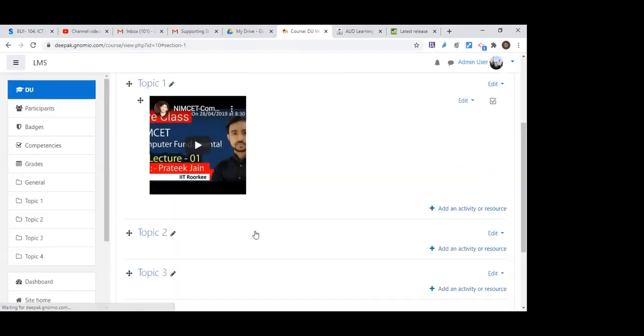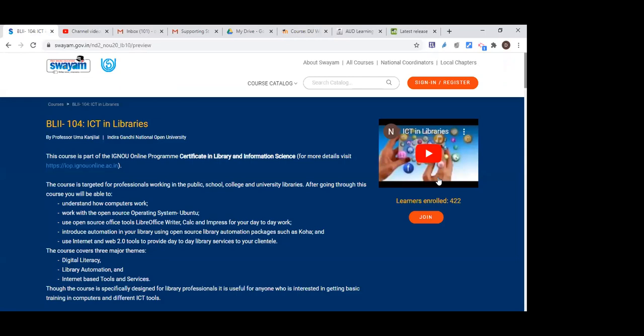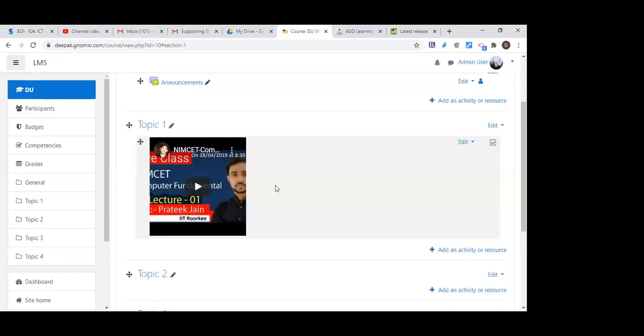You can see the video is appearing directly, just like on Swayam. On Swayam, the video is playing directly on the platform. In Moodle, here you can see the video is playing directly on Moodle using the embedded code. That is the advantage of embedded code, playing the video directly on the platform.